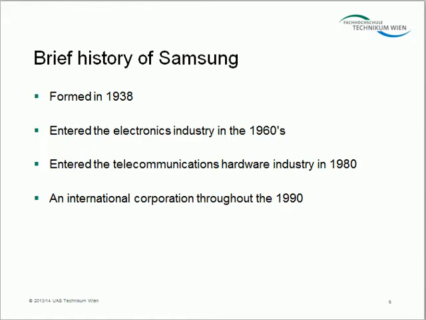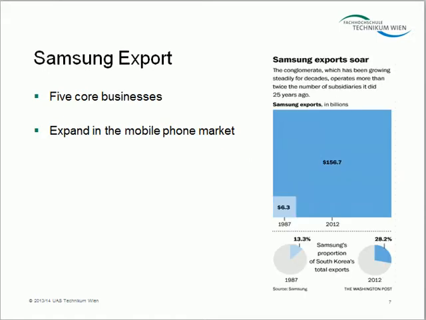And Samsung grew as an international corporation through the 1990s. Okay, Samsung export. Samsung's focus in the future is centered on 5 core businesses, including mobiles, electronics, and biopharmacy. Samsung has also continued to expand in the mobile phone market, becoming the largest manufacturer of mobile phones in 2012. To remain a dominant manufacturer, Samsung has earmarked $3 to $4 billion to upgrade their Austin, Texas semiconductor manufacturing